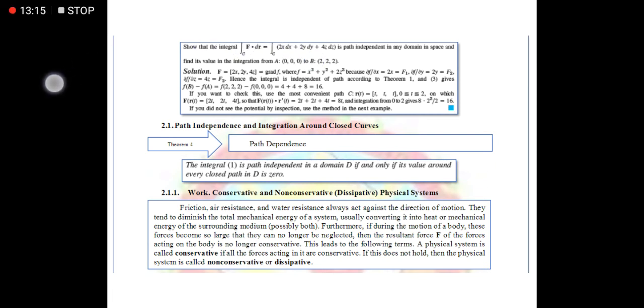Now, what is the advantage of having path independence? If your function is path independent, you can directly substitute the given starting point and the given ending point to get the final answer. So as you can see here, the final answer of this integration,